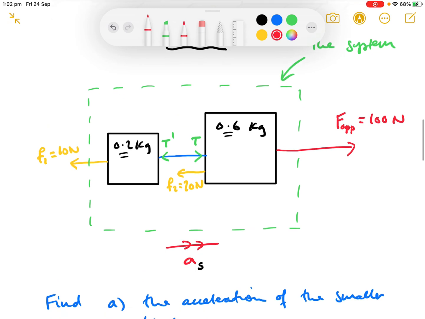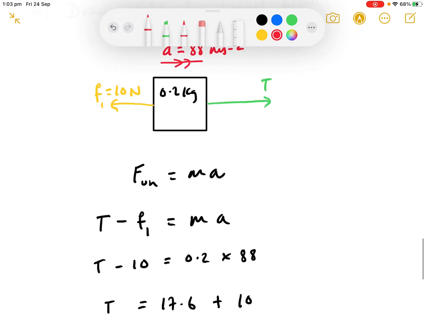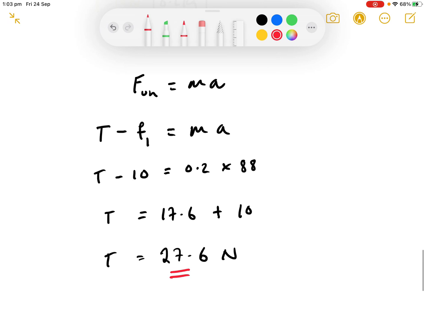Now I could have chosen the right-hand block, and I would have set up a similar equation, 100 newtons to the right. My opposing forces to the left this time would have been T dash plus 20, because they both oppose the motion. The acceleration would have been the same, 88, and if I'd worked that one through, I should have found that T dash would also equal the figure I've just got. That's the 27.6 newtons. So that's how you apply Newton's second law to tension problems with